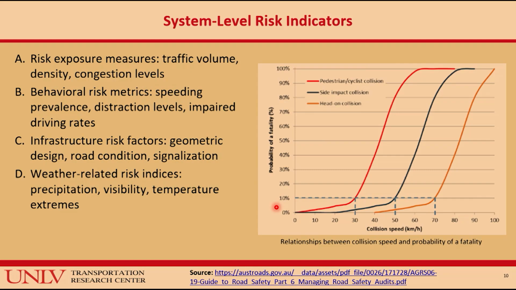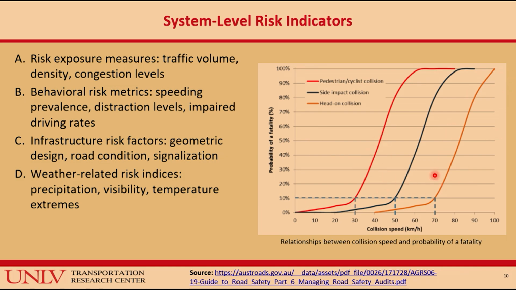The chart on the right is a different way of communicating what I did yesterday. I showed you the likelihood of survival or likelihood of death of impact at various speeds, 30 kilometers an hour, 60 kilometers an hour, 90. Here what I have on the x axis is speed in kilometers per hour, and on the y axis is probability of death. But we have 3 lines.